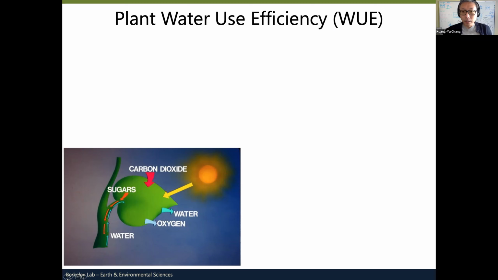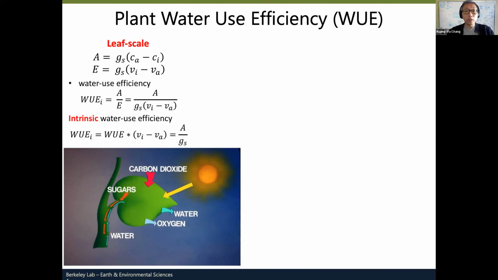for Earth's climate system, which converts CO2 into sugar for the ecosystem. During the conversion process, plant stomata act as a control valve over the fluxes of carbon dioxide into the leaf during photosynthesis and for the water vapor out of the leaf during transpiration. The trade-off between the amount of CO2 uptake and water loss for individual leaves can be quantified by intrinsic water use efficiency, which is the ratio of the photosynthetic rate to stomatal conductance at the leaf scale.